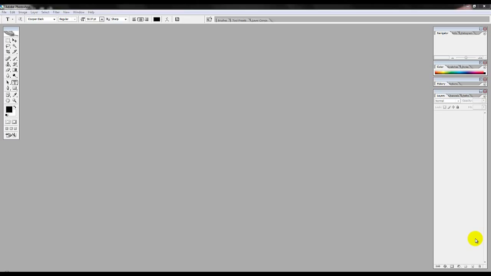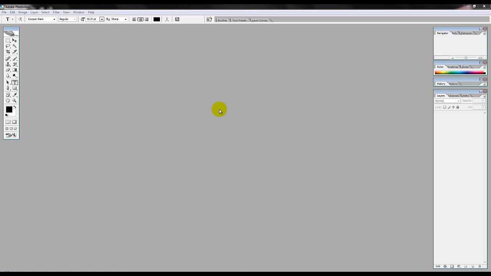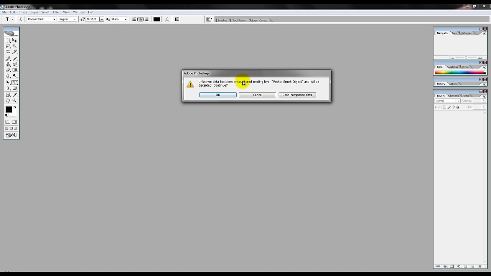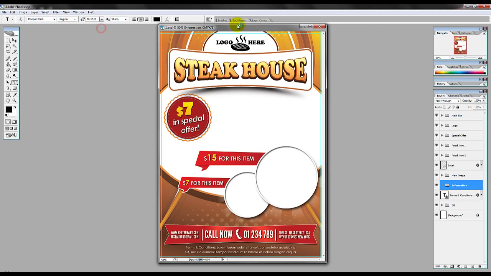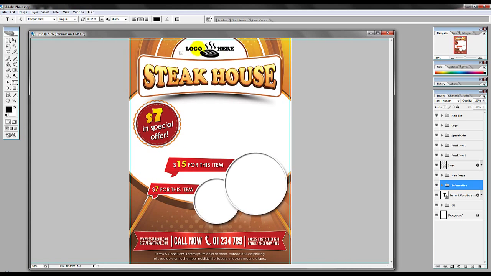So let's jump into our template. So when you open up the template in CS2, this is our template. You will see a prompt window of this. So what you're gonna do is just click OK, because those are smart objects. Just click OK. Nothing bad will happen though. And there you go. We have our template now. Just going to